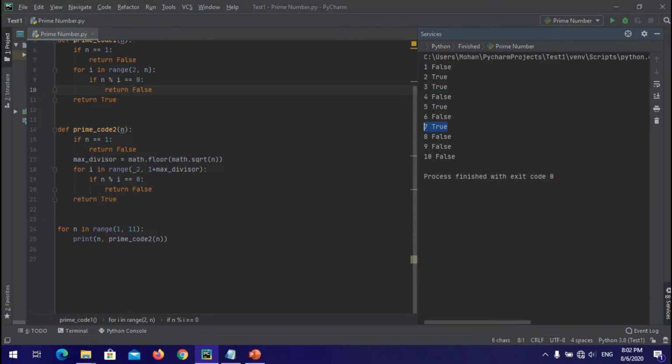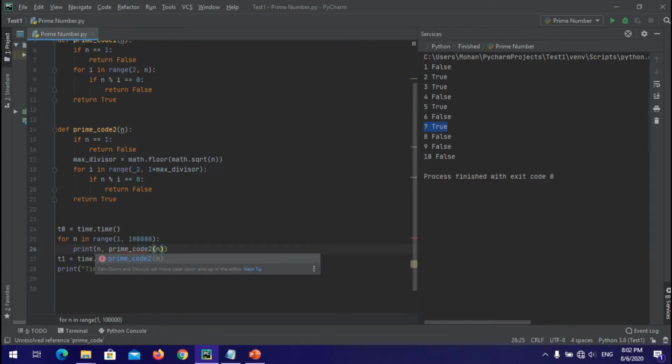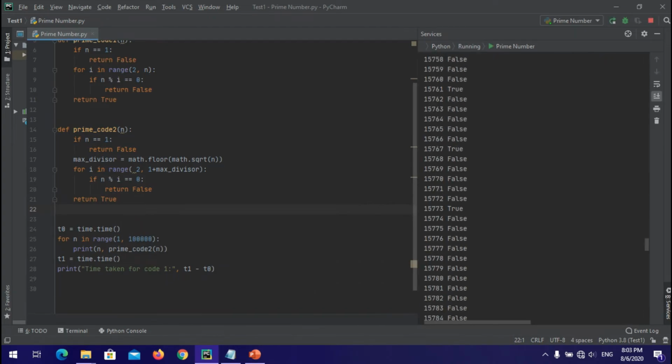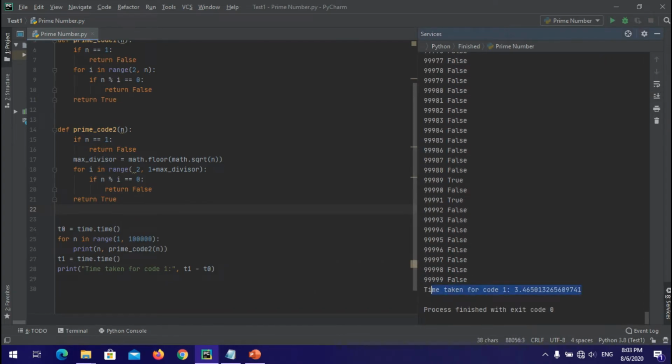So our function 2 is properly working, and just look at the time taken by code 2 if the input ranges from 1 to 1 lakh. Just look at the time taken by our second method, which is 3.4, a very huge difference compared to the first. By using simple mathematical tricks, we have performed the best method.